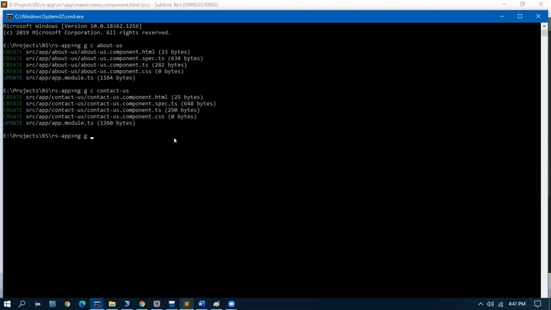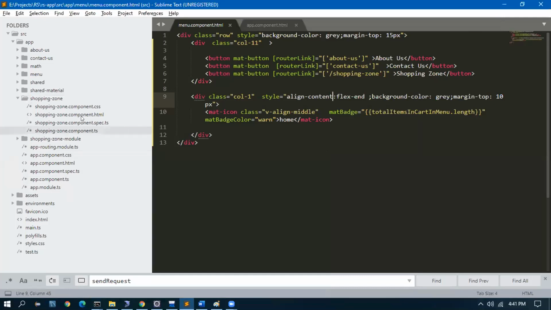ng g m shopping zone module. This will create a new module, shopping zone module. I'll go here. It created inside a folder.